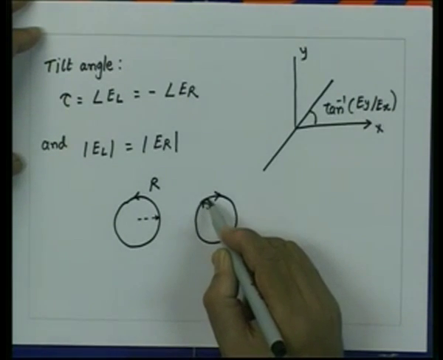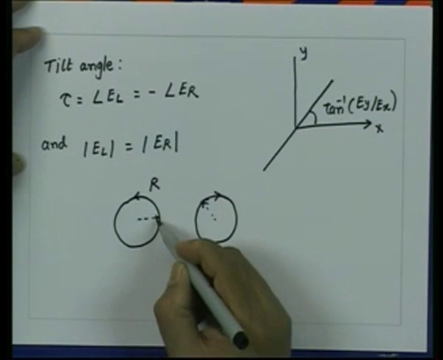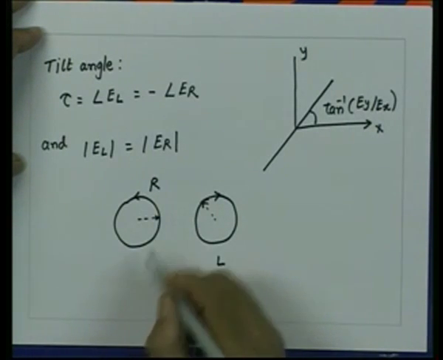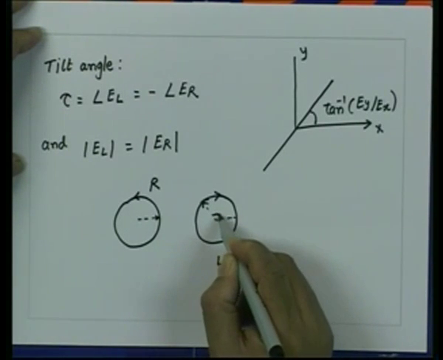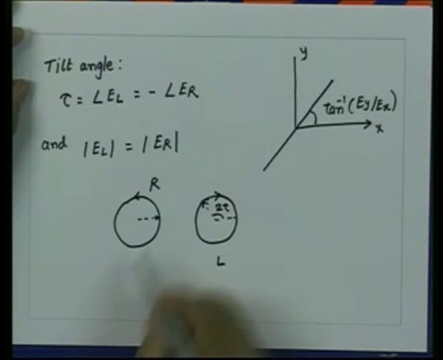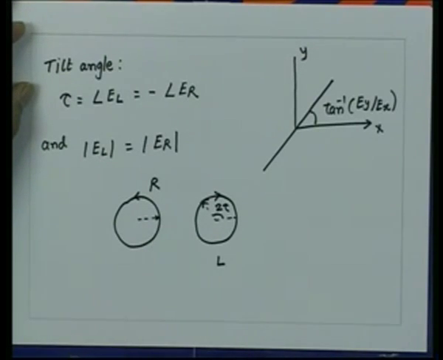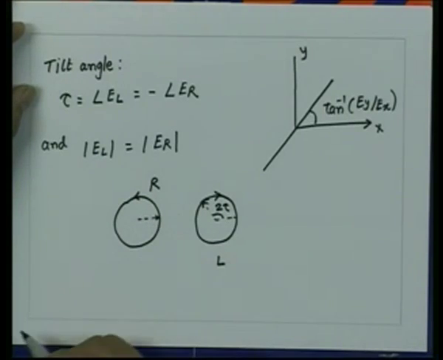Now, this vector will rotate by an angle and this vector also will rotate by an angle. So, when these rotate, this angle if we take to start with as 2 tau, the two vectors will meet halfway. So, that will give me the direction of the resultant vector, which will be at an angle tau, and